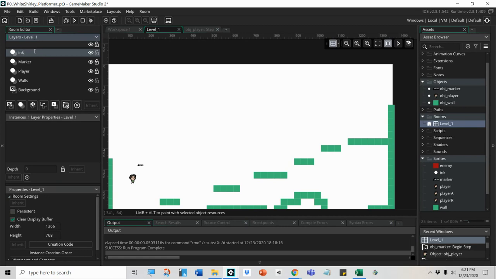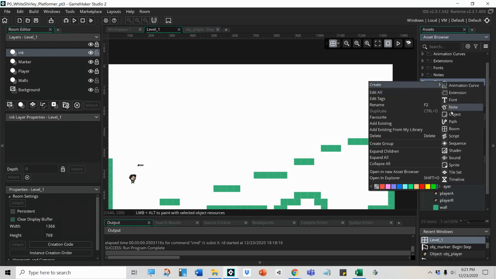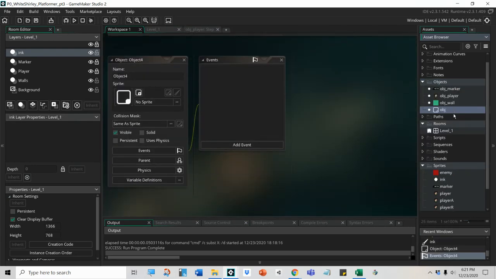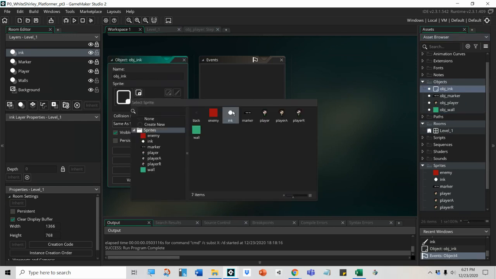And we're not going to add any objects to this, because the ink will be created. Just like the power-ups were created in Breakthrough, the ink is going to be created during the run of the game. So back in our ink object, oh, we didn't ever create an object for ink. Well, let's do that. Let's create an object, obj_ink,